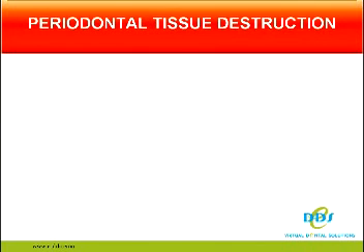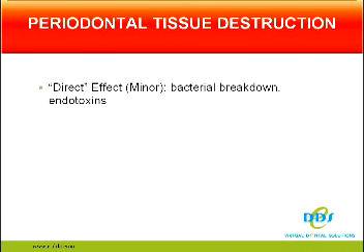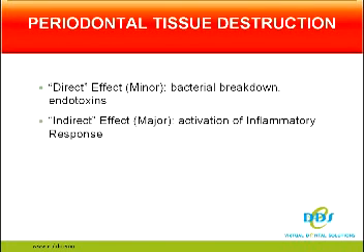Periodontal tissue destruction. There is some direct effect of the bacteria on the tissues. The bacteria do release enzymes and toxins that cause tissue breakdown, but this is a minor effect. The indirect pathway to periodontal disease is causing most of the damage. It is due to the body's reaction to the bacteria in the circulatory system. So while the bacteria initiates periodontal disease, the destruction of the periodontal tissues is really due to the host response to the invading bacteria.